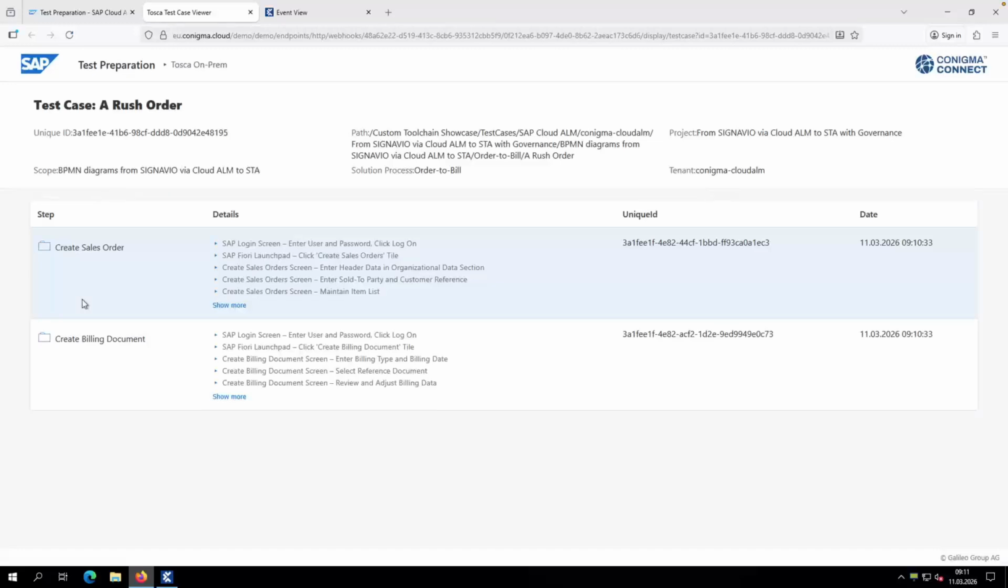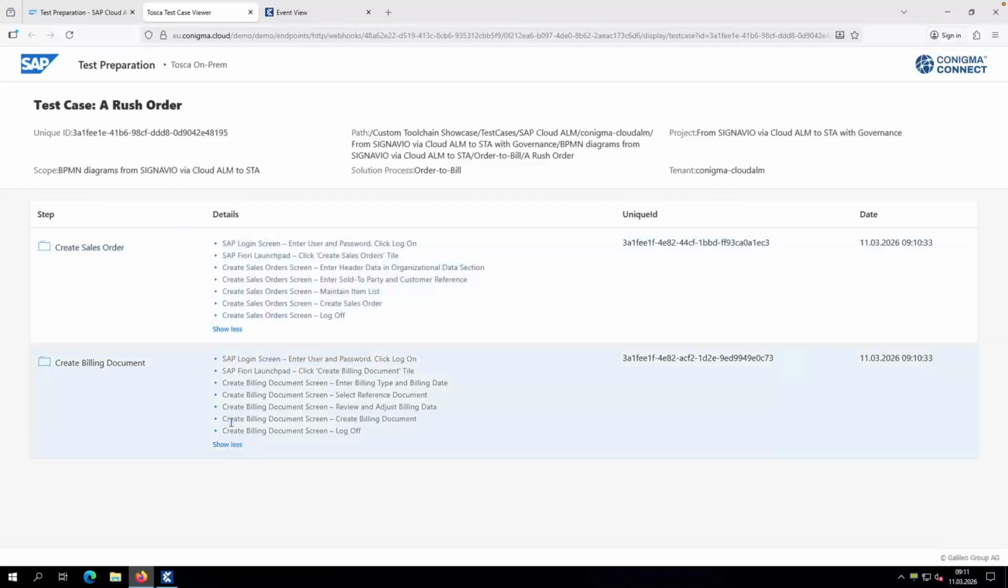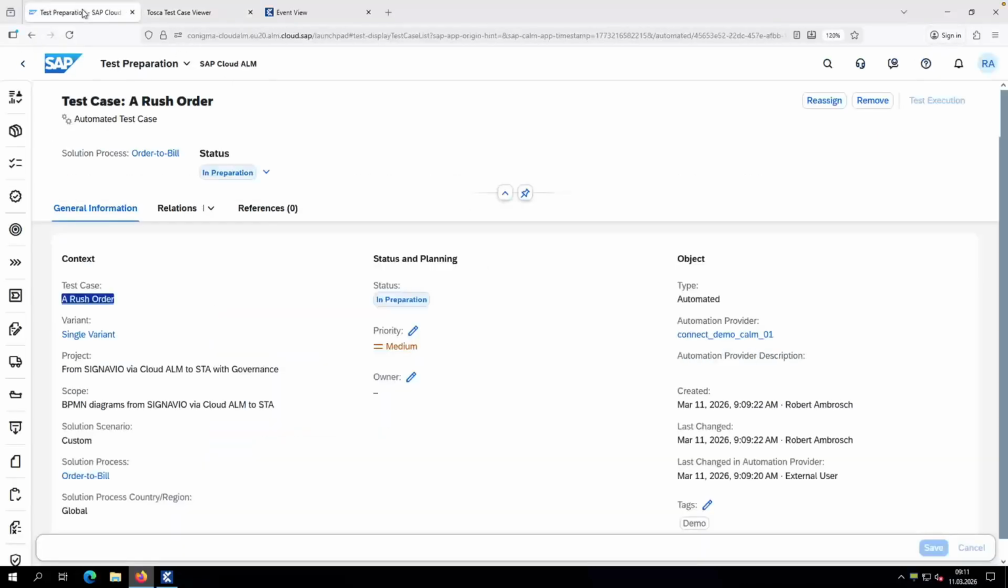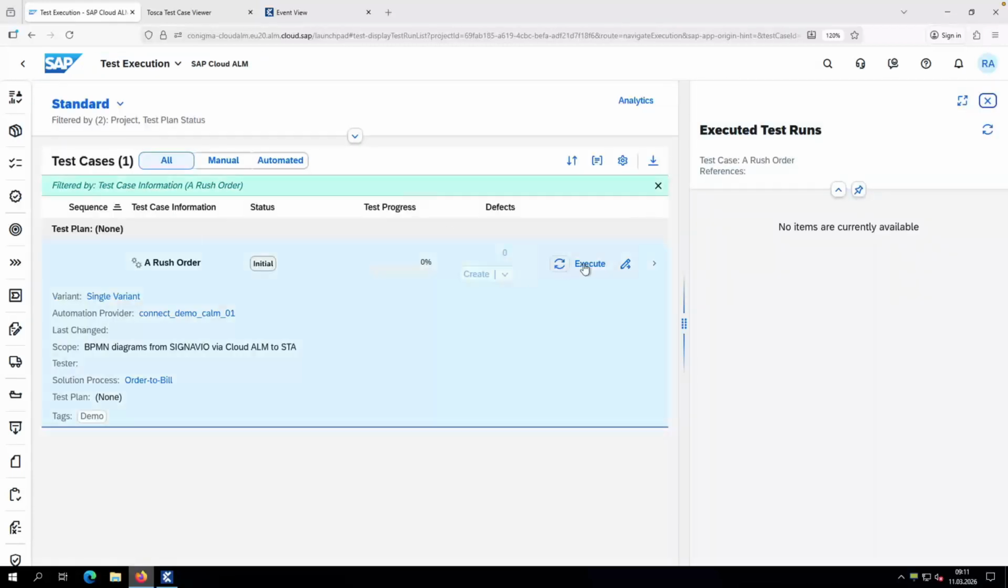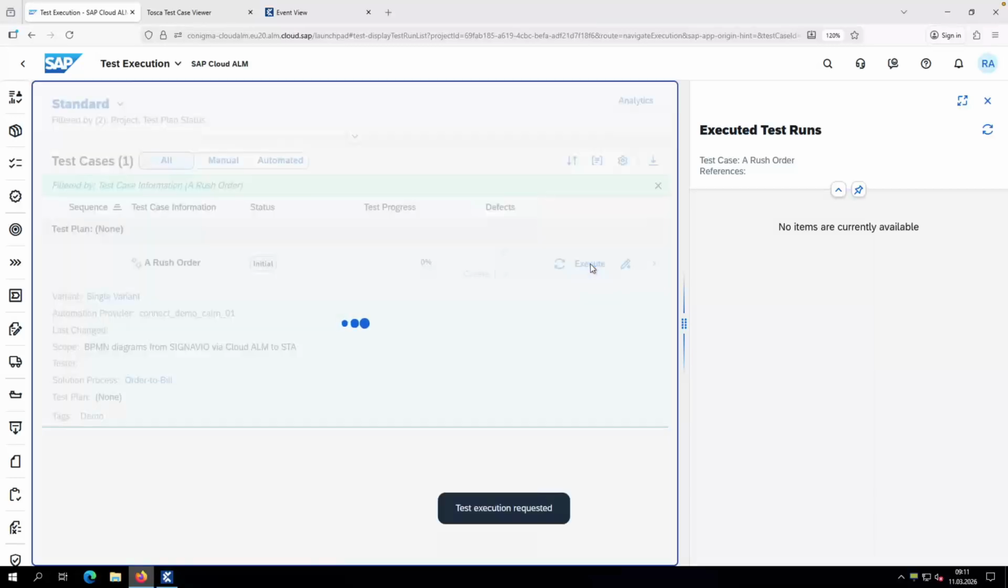This information is provided in real time by Conigma Connect within Cloud ALM. We can also expand the view for more detail. We have confirmed that the automation was implemented and can now set the test case status in Cloud ALM to Prepared and save the test case. This allows us to open the execution view of the test case by clicking Test Execution in the top right corner. In this view, by clicking the Execute link and with the support of Conigma Connect, we are enabled to